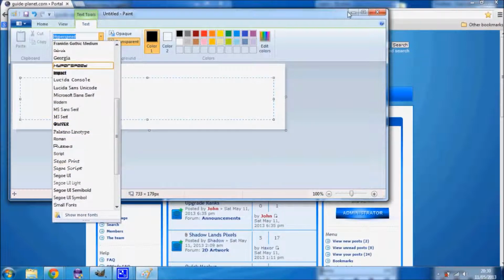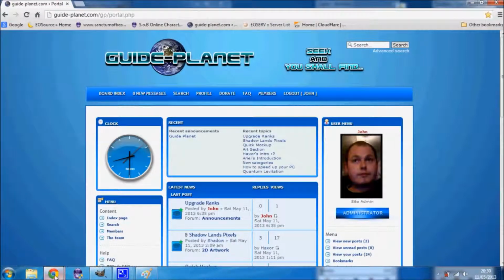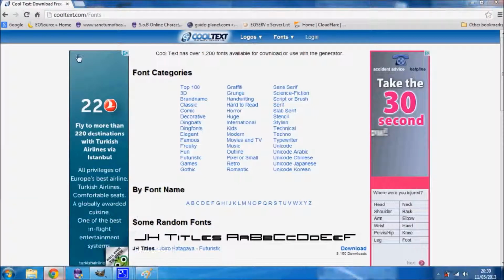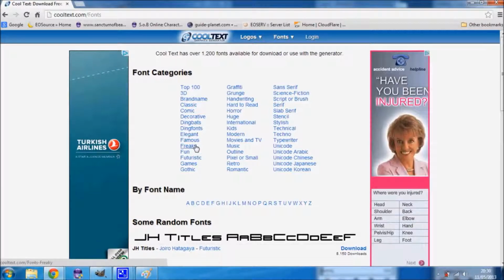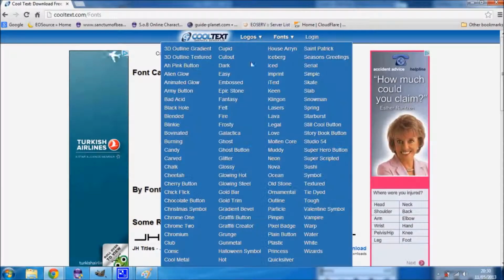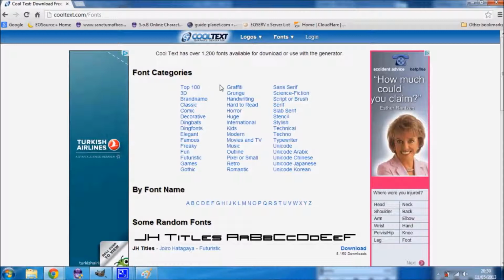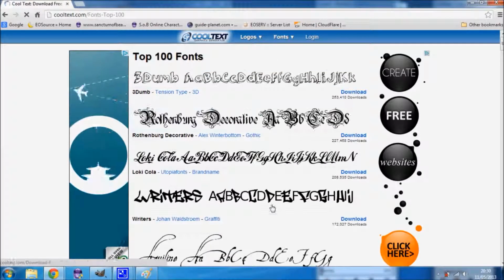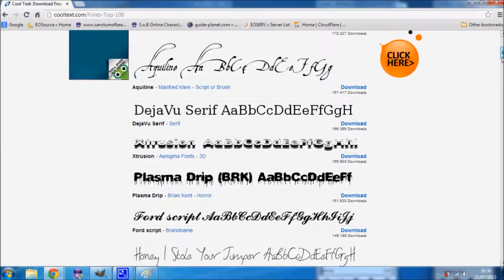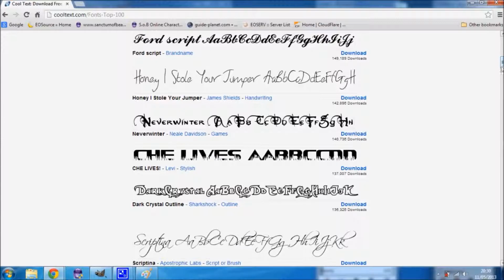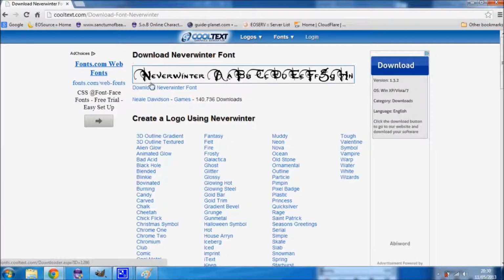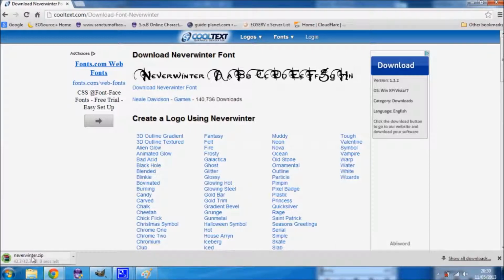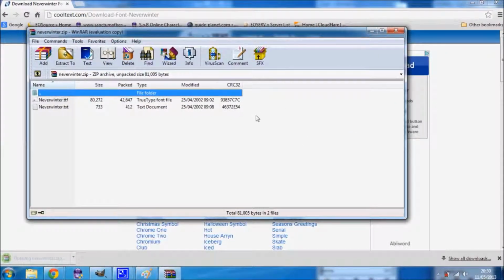Alright, first things first, if you go to cooltext.com/fonts, this is one resource, there's plenty of them, to get true type font files from. We'll just go on the top 100. And as you can see, they're a lot better than the ones that come preset into Paint and GIMP and other editing software. If we just choose something like this, it's kind of cool, download it, extract it,